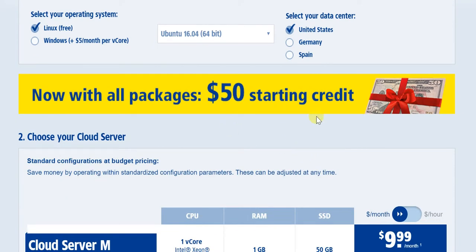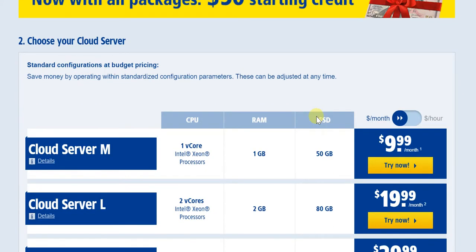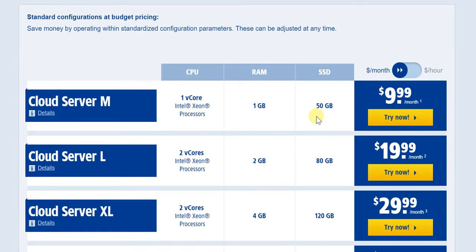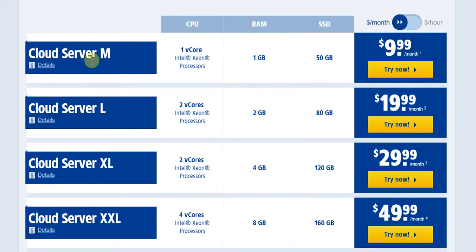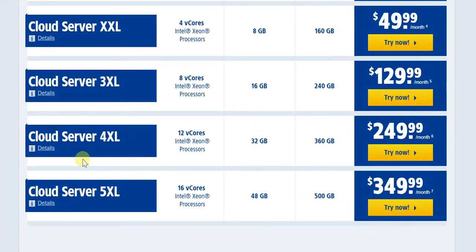And when it comes to the cloud servers themselves, there are ample options at hand. That way, you can choose the particular cloud server size in question. And they're very flexible, because for any small business, typically things scale up. So even if you start small, you're likely to grow, and that's when your requirement would also increase. So these are the kind of options, starting off with Cloud Server M, which works out to $9.99 a month, going all the way up to Cloud Server 5XL, which is